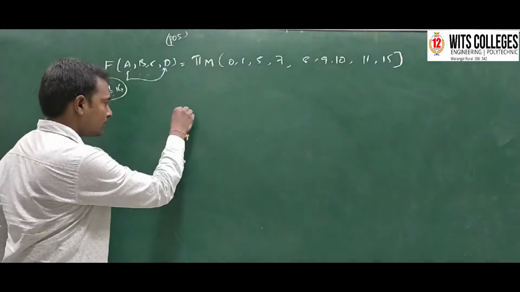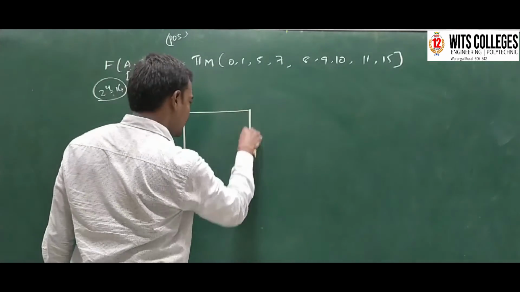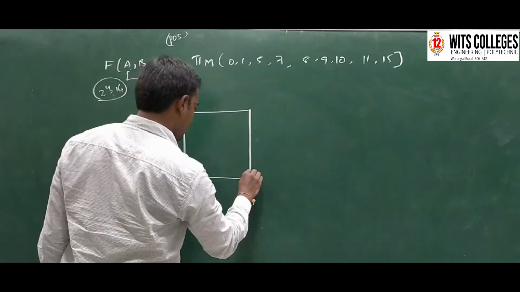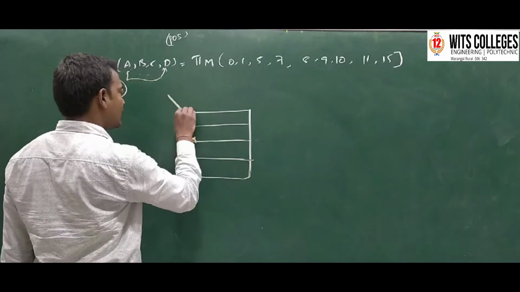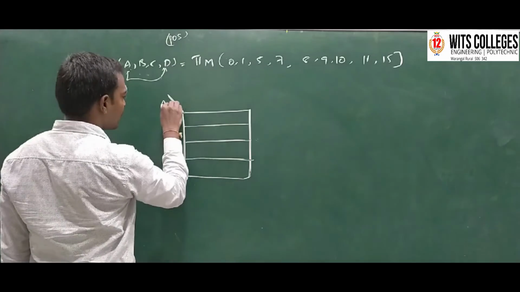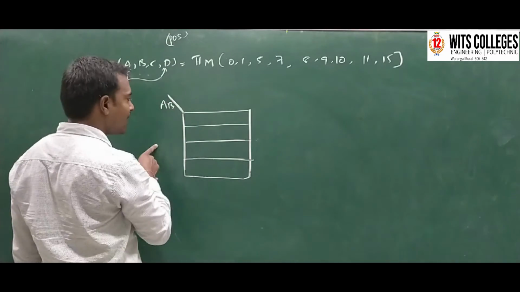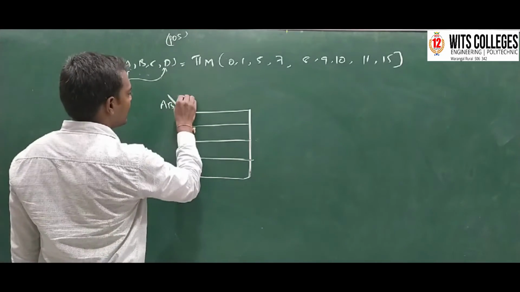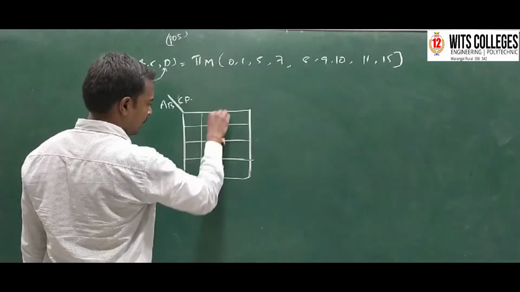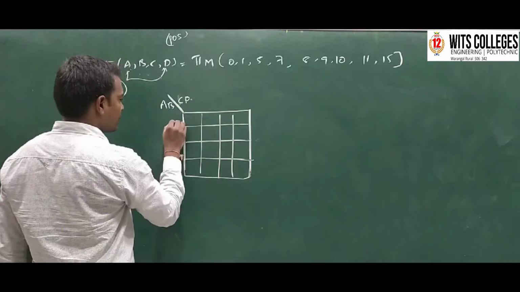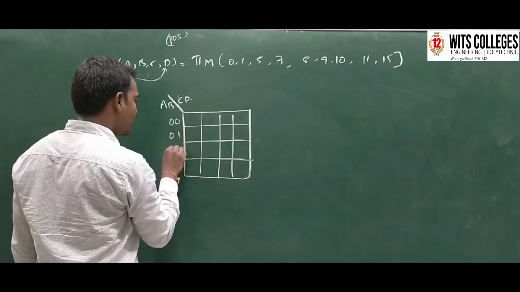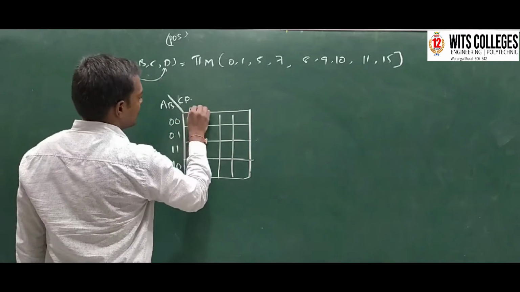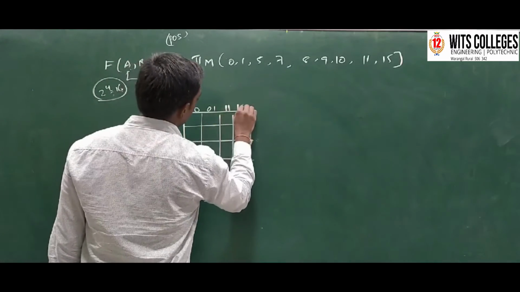Okay, so we have to represent the given values with zeros, because the given function is in the product of sums. Here, on this side I am taking ab and on this side cd. So here we have the 16 combinations like 00, 01, 11, 10 and 00, 01, 11, 10.